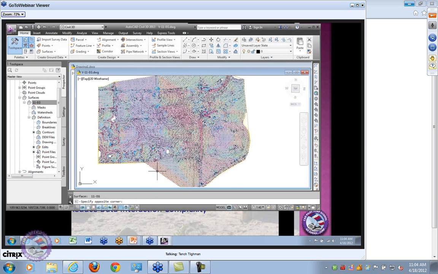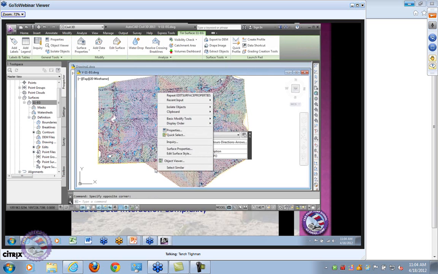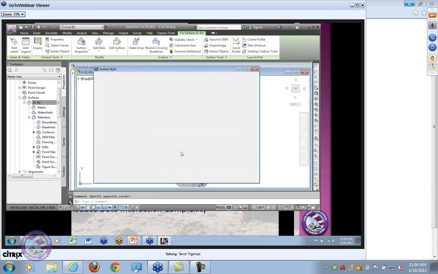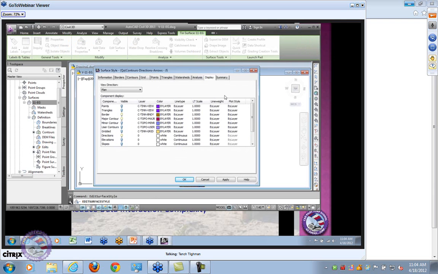What I want to do is grab my skirt, grab my surface, and edit my surface style, and talk about a couple of the other components in here, right? A surface model actually doesn't have, you might go, wow, that's a lot of components, but relative to some other styles in Civil 3D, there's hardly